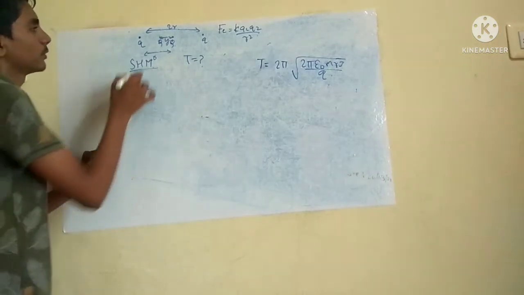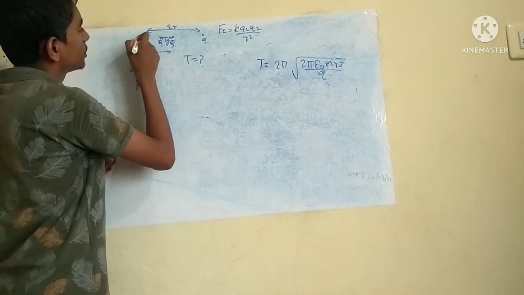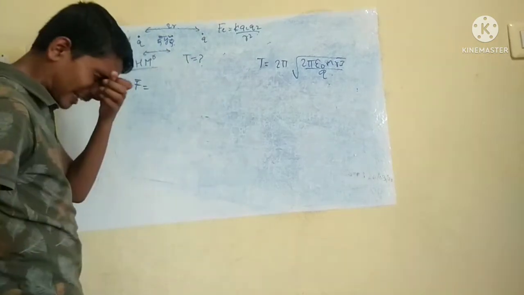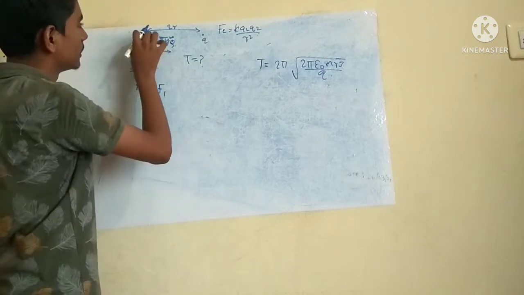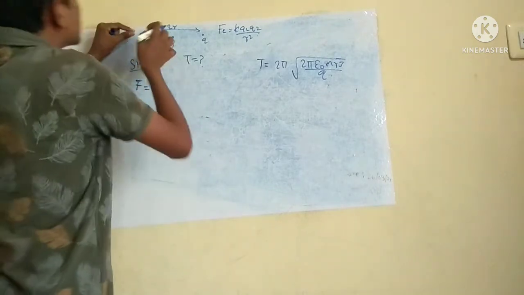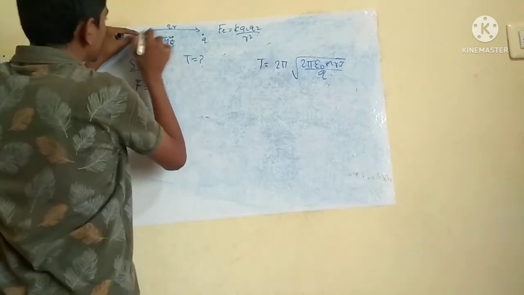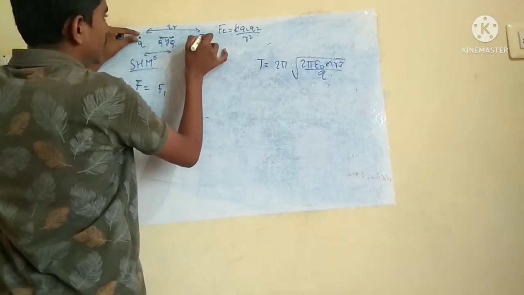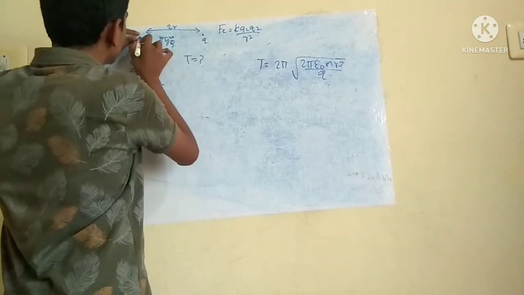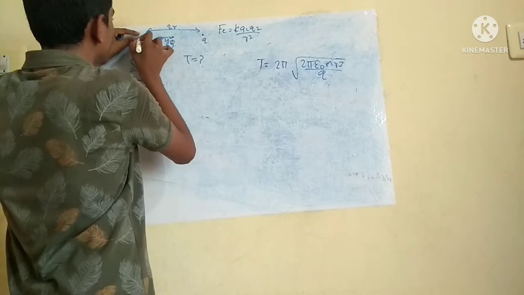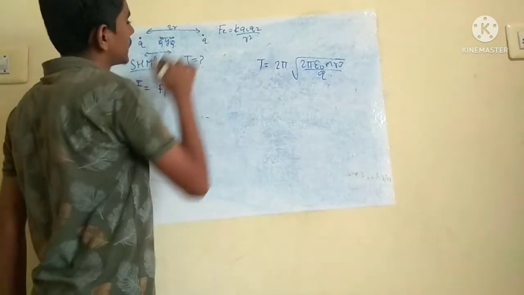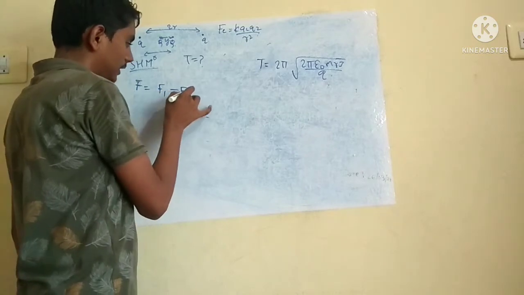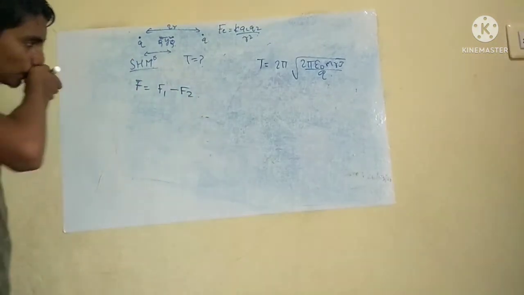What is that resultant force? Now here, due to this charge, the magnitude will be larger. The repulsive force due to this charge will be larger than the force due to that charge. Means if you consider the force due to this q charge as F1 and this as F2, then the resultant force will be F1 minus F2.